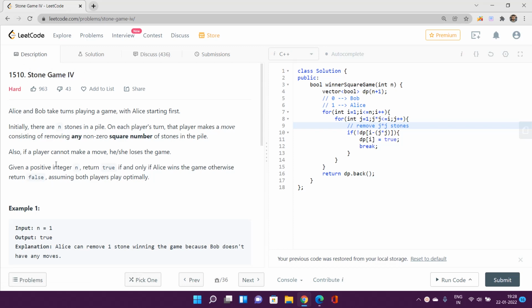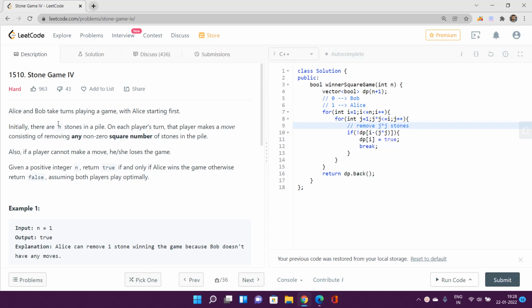Today we will be discussing the Stone Game IV problem from the stone game series, and it is categorized as a hard problem. I don't know why, but this is the problem that we are going to do with the help of dynamic programming. And I don't think this problem should be in the hard category, because the concept involved is quite standard, and you can find such problems